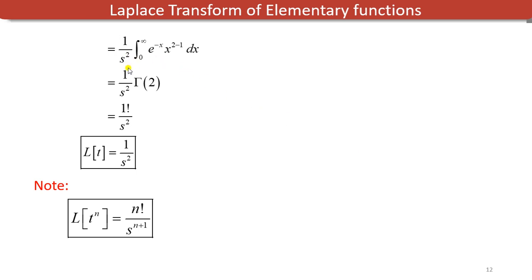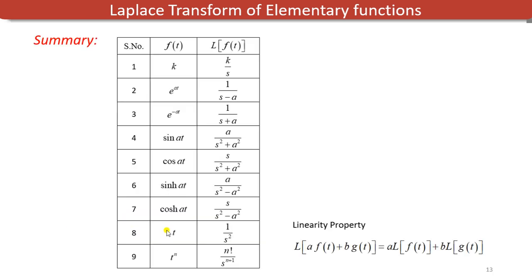so that 1 by s square integral 0 to infinity e power minus x, that x we can rewrite as x to the power 2 minus 1 dx. Therefore this integral value is gamma of 2. Gamma of 2 is 1 factorial, so therefore we can get the value L of t is equal to 1 by s square. So the general formula L of t to the power n is equal to n factorial by s power n plus 1. So we summarize all the results and listed here